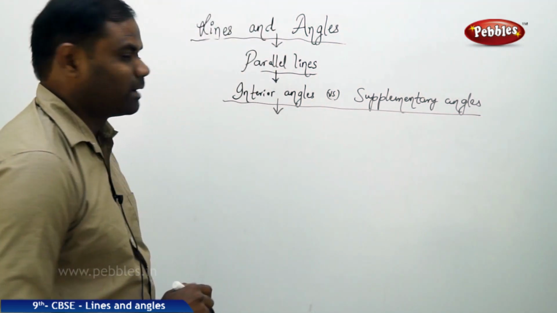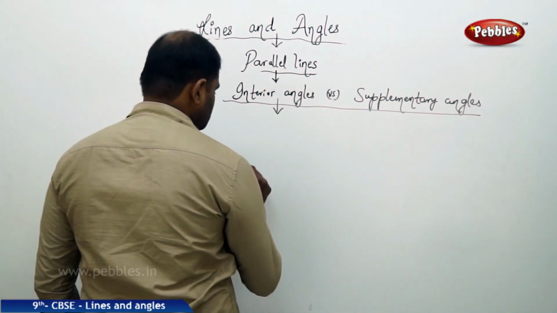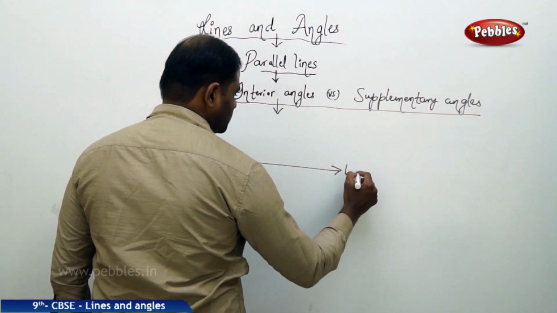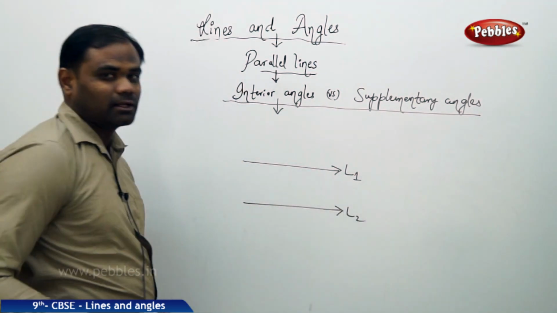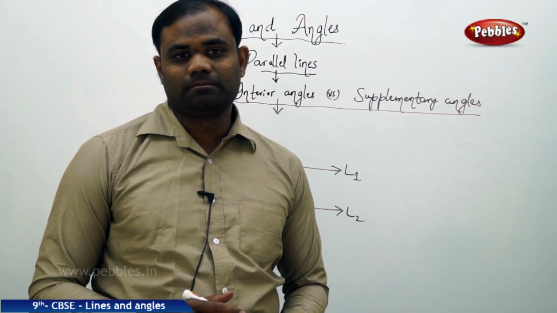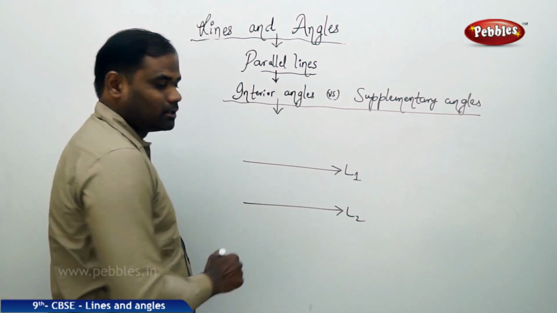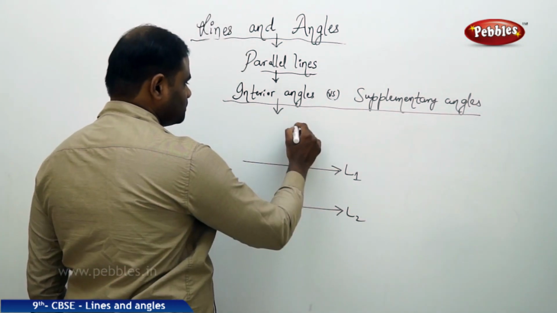So let's take two parallel lines L1 and L2. Here is line L1, and here is line L2, which are parallel to each other. Now with these two lines being parallel, let's take a transversal